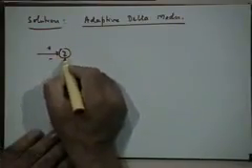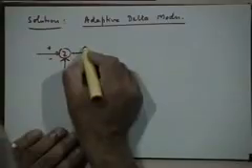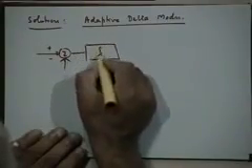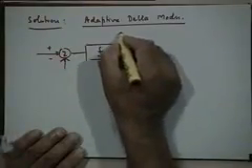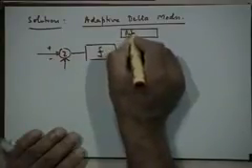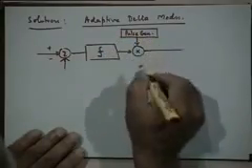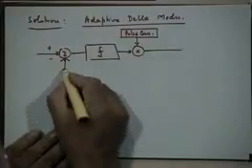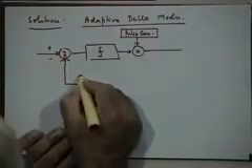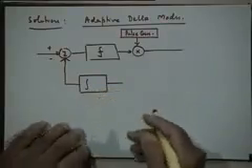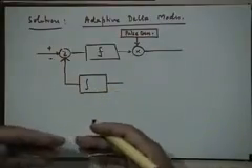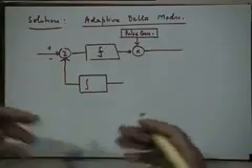So, you have this comparator, this reference signal, this limiter as before. Everything is the same as far as the forward path is concerned; nothing changes. This is the pulse generator, and here is an integrator. So far everything is fine, but before you feed the input to the integrator, how do you modify your step size? You can modify your step size by having an amplifier there, which modifies the strength of these impulses, or the amplitude of the pulses that are going there, isn't it? So you can have an amplifier.